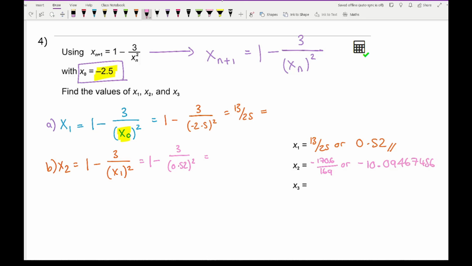minus 10.0946746. So then to work out x3, that's going to be 1 minus 3 over x2 all squared. So that's going to be 1 minus 3 over minus 10.0946 and so on, squared. Now I've still got that written on my calculator, so if I do 1 minus 3 over and use the ANS function on my calculator, I should get an accurate answer. Otherwise you might have to use a rounded number,